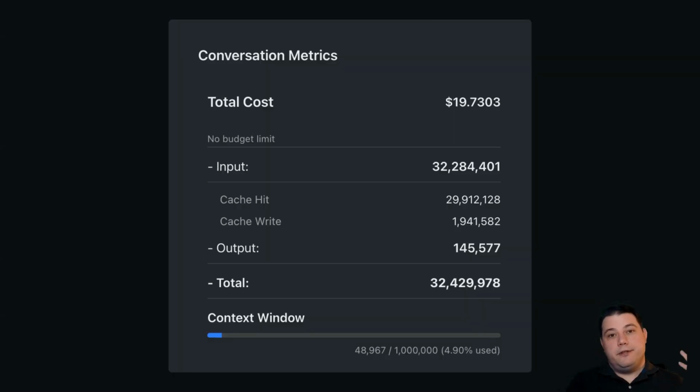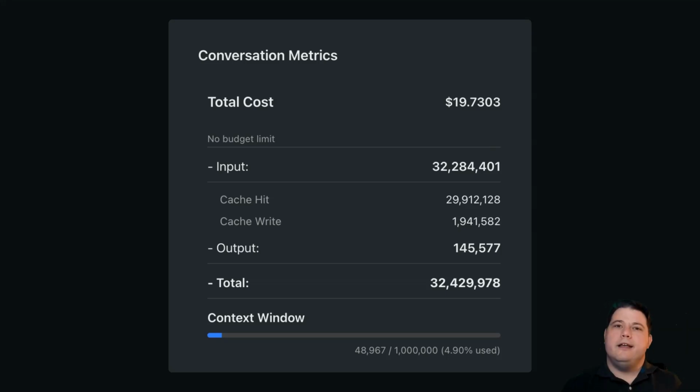Now, I believe this was using Claude Sonnet 4.5 model behind the scenes. This is the OpenHands agent around the time of the V1 switch, and this is a fairly long conversation. This was sort of checking back in with it throughout the afternoon today. The total cost was almost $20. If you're interested in such things, it used a total of over 30 million LLM tokens, but most of those